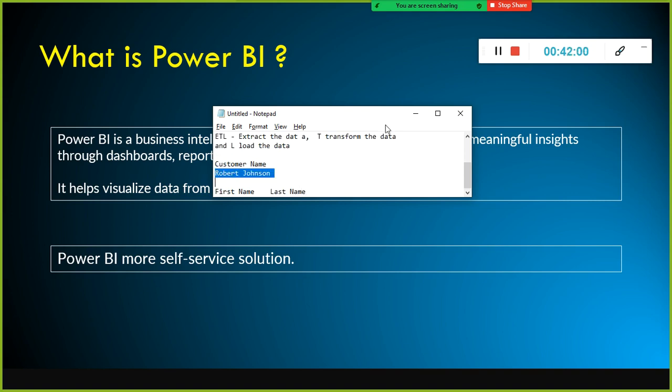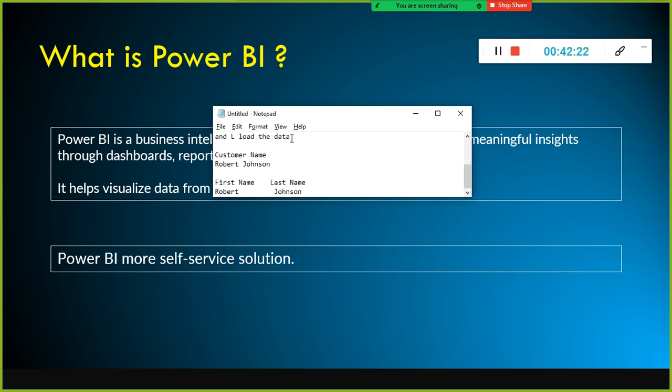In the source system, whatever data the customer gave you is in this format. You need to separate this. You need to create a new column by the name of first name, store Robert here, and the last name you store here. This is simple data transformation.